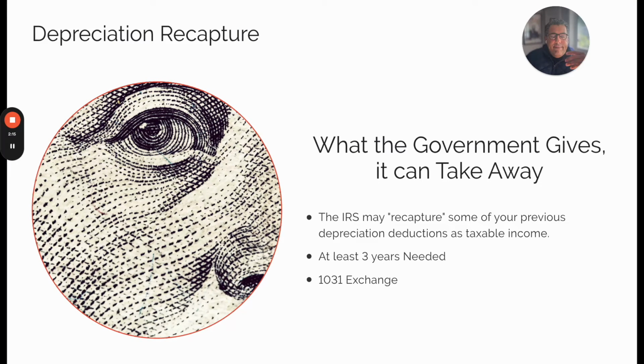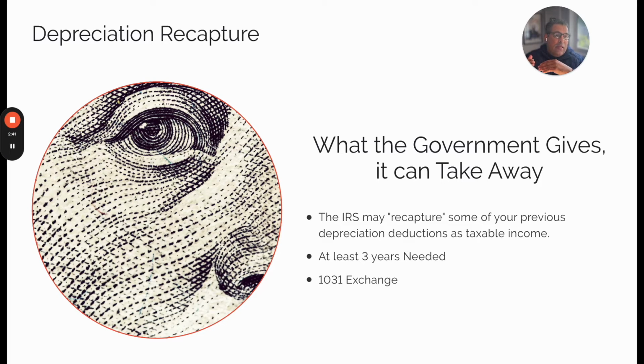There are some things to be aware of when it comes to depreciation. When you're using depreciation, you're essentially increasing your capital gains tax exposure. So say you buy a house for $1 million, you sell it for 1.5. You're assuming your capital gains is that $500,000 between a million and 1.5. But what actually happens is as you depreciate that asset, say we depreciate that asset another $500,000 over a